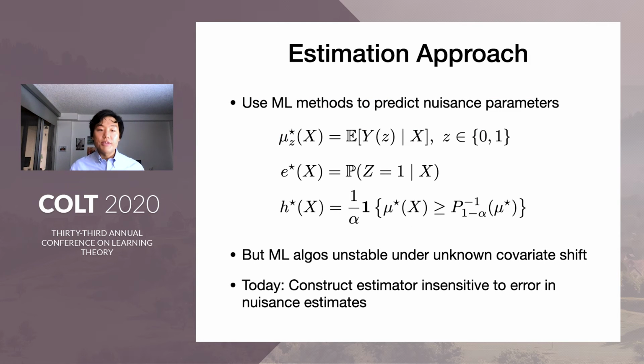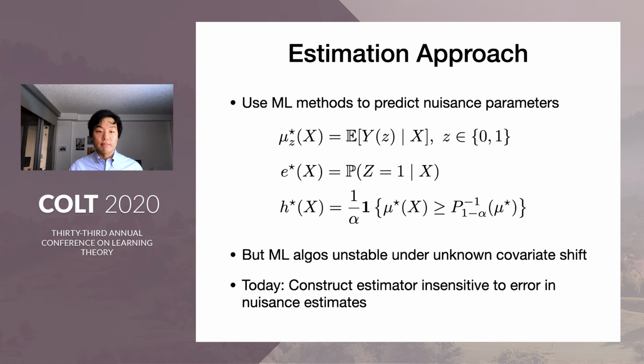Okay, so we now want to use this dual form to come up with an estimator for the WTE, and we want to use an approach that can utilize flexible learning algorithms for estimating nuisance parameters in the setting. So here, the first nuisance parameter is the outcome model, the conditional expectation of the potential outcome given the observed covariate. And the second standard one is the propensity score, which is the probability that you're going to be treated given the covariate. And lastly, we have a somewhat non-standard threshold function,